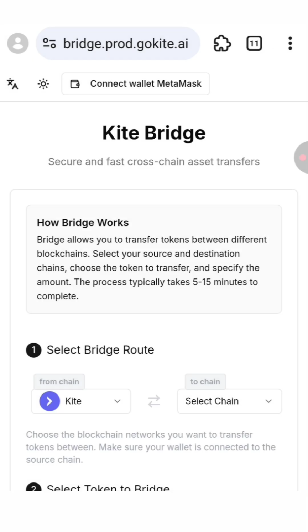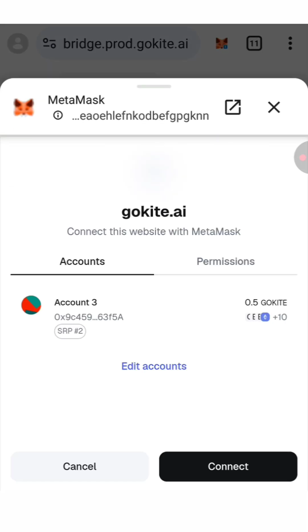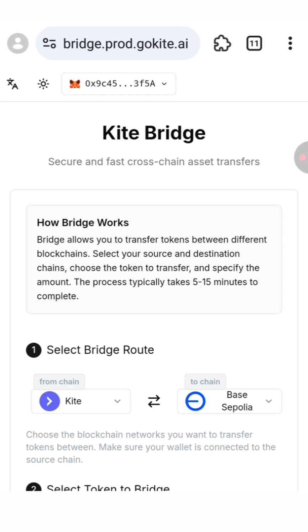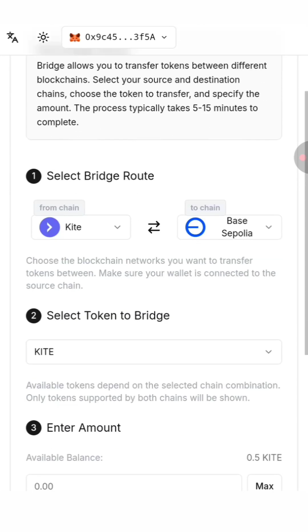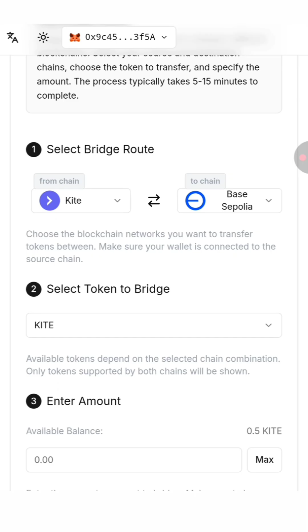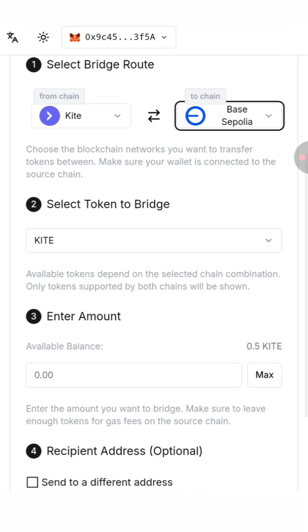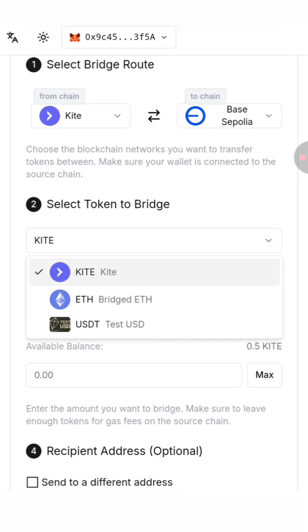You will be redirected to this website, and as usual, the first step is to connect your wallet. So click on connect on top of the screen, then connect your wallet. You will land on this page again, and if we scroll down a little bit, in the first section make sure to use base Sepolia on the right side. In the next section make sure to use Kite Network,